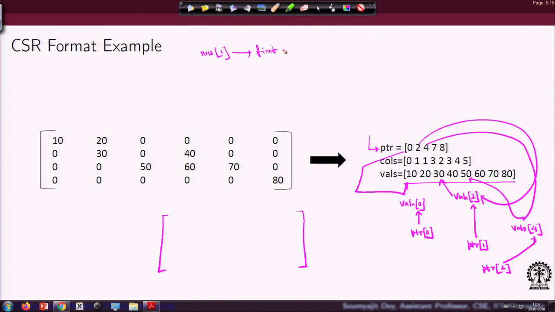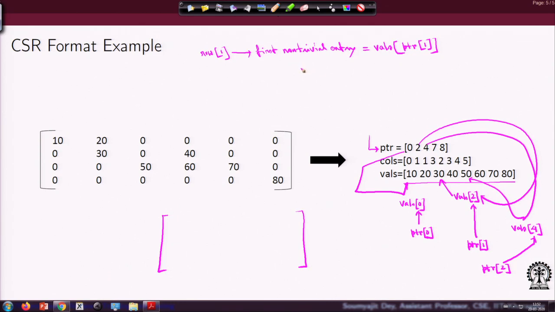Row 1's first non-trivial entry is located at vals PTR 1.